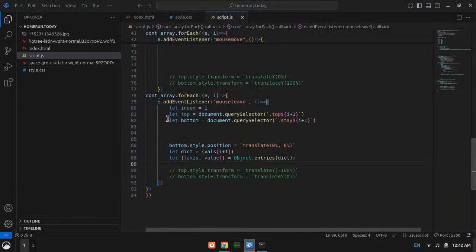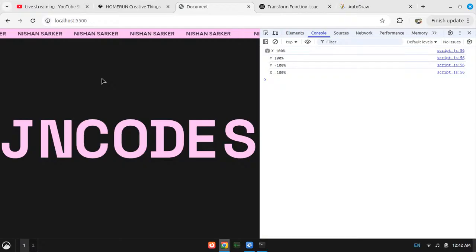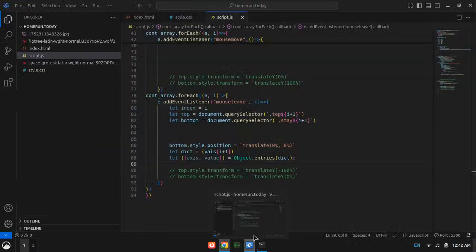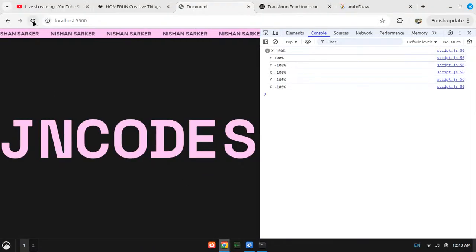Okay, what I have done here does not work. What I have done, bottom.style.position. The bottom might actually reach, but I can't see. I need the top style. Oh no, the bottom is not actually reaching back. Why?